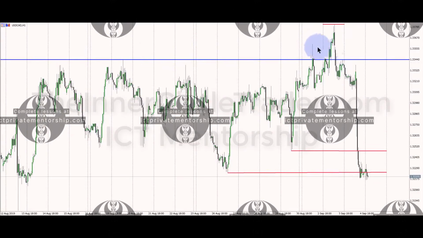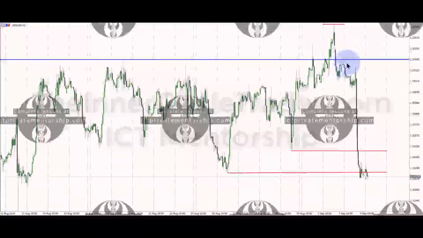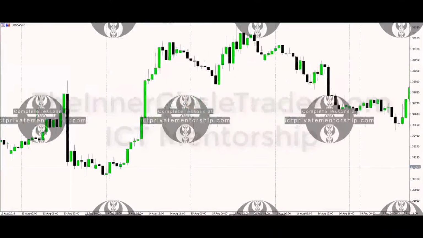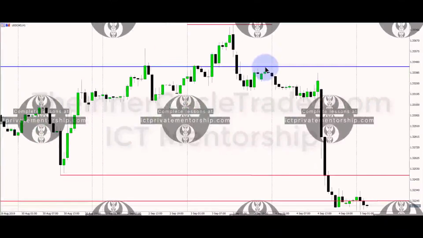Okay, so what did they do here? They ran stops. In this area here, to this run down, we're going to look at that little area right there and zoom in. So from this high, which is the old high that I mentioned that creates that range, to this low, in this area right in here, we want to see if there's any imbalance and where the price needs to rebalance to. Last two up close candles are in here. That's your bearish order block that would be defined at the open at 133.32,